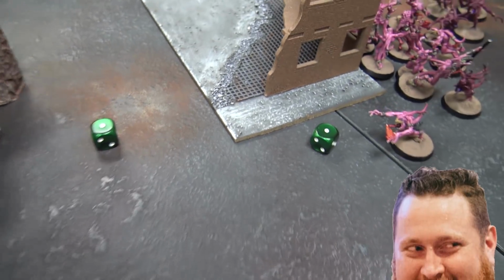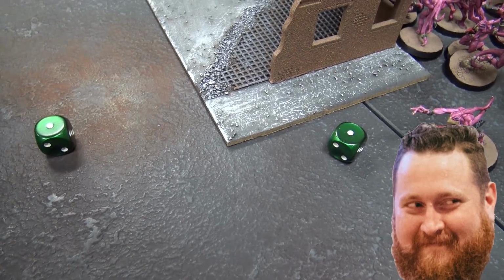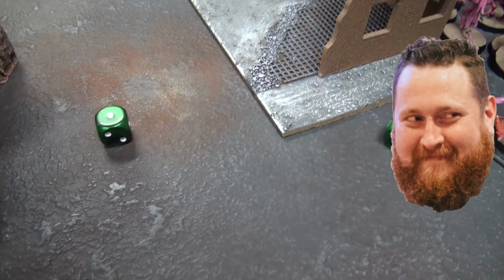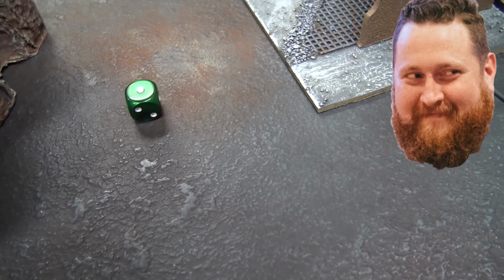He can take a Demon Prince punch to the face, but he's got no time for dealing with Nurglings who just go up and just start poking at him with their fingers. Oh man, that is